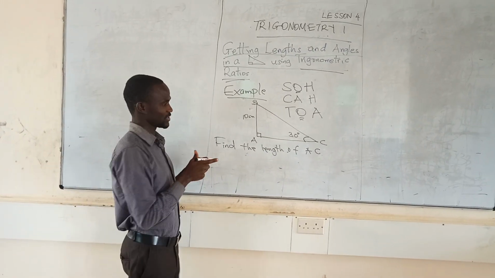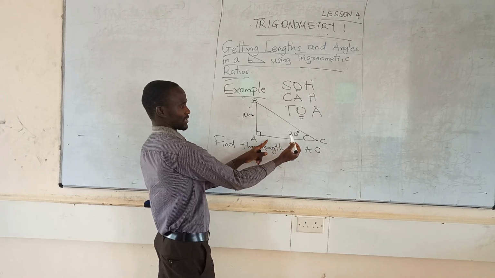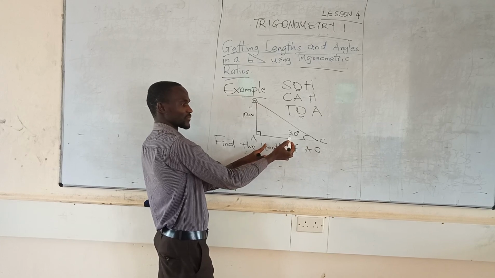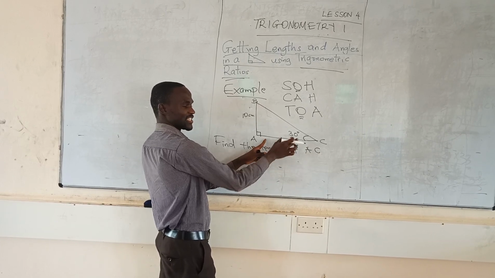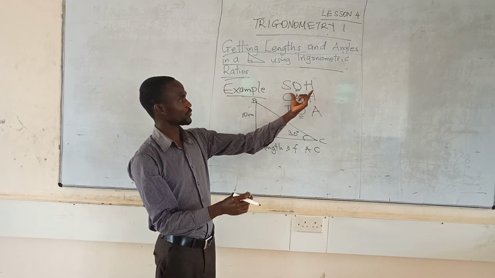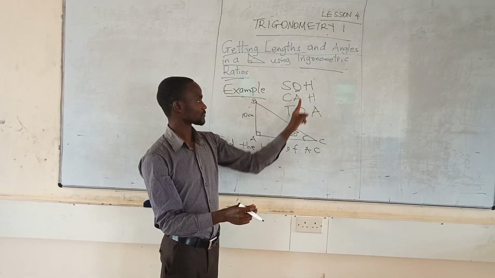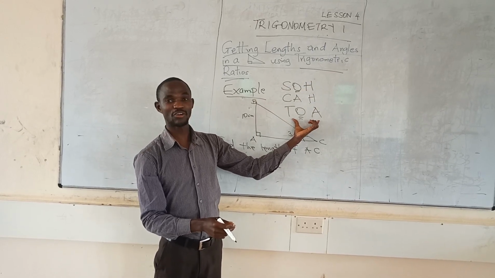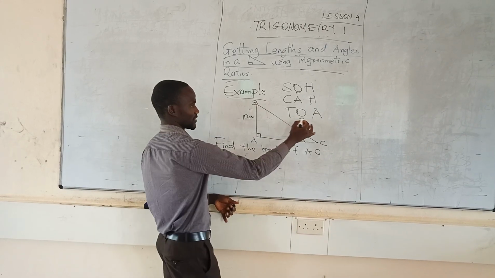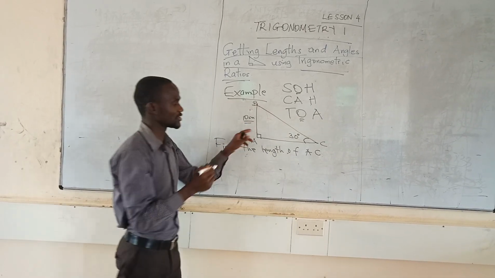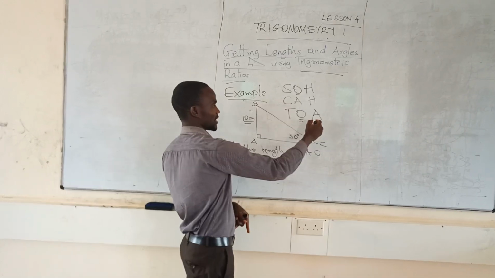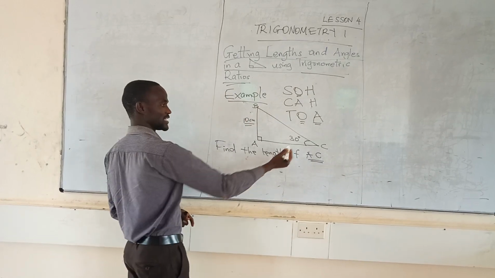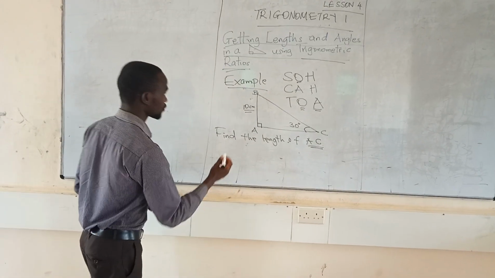But again, we now look at how AC is related to the 30 degrees. You realize that AC is adjacent to the 30 degrees. Now, we will not use the sine because we don't have adjacent as part of that ratio. So definitely we are going to use tangent, because we have the opposite already given, opposite to that angle of 30 degrees. And the side in question, the length AC, is adjacent to that particular angle. So we will say